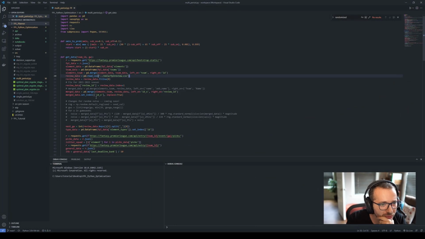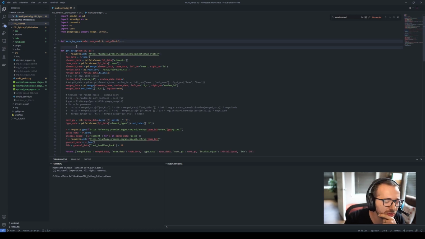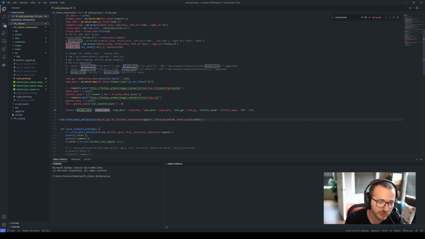So if you remember from the last episode, we were talking about converting expected minutes to essentially probabilities of playing in the game. So we talked about autosub and other stuff. If you didn't watch the last one, it's not a big deal. But the function we will use today is get data, where we are getting the FPL API data first, and then process data in a way that eventually we give this pandas data frame to our